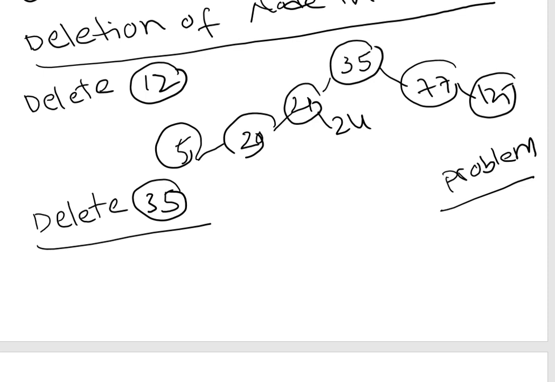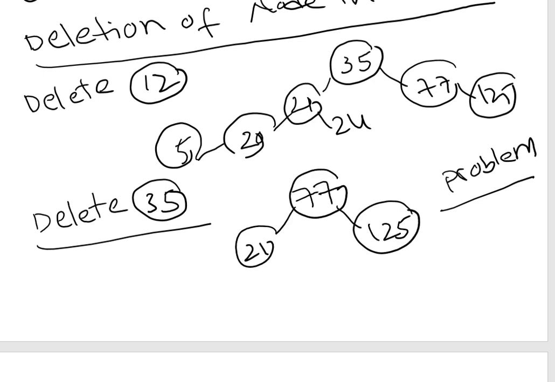This point is very, very important. Now we are finding it difficult to decide which node we want to make the root, so randomly we are making one. As you said, if I make 77 the root, then 125, 21, 35, 25, 20. Am I right? Yes, sir. So this is the deletion operation.